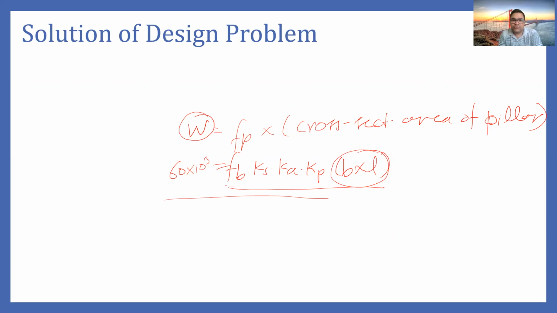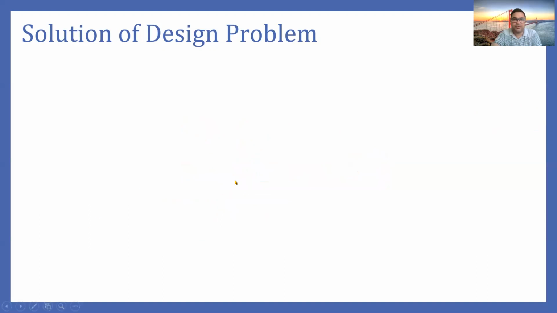But before that, we are also required to find out FB, KS, KA, and KP. Now, the FB value is dependent on the grade of mortar and the crushing strength of the brick. We know that conventional bricks are used, so we will assume that first class conventional bricks are used. And for the pillar, cement mortar is having grade 1:4, which means it belongs to H2. So now we will use table number 8 to find out the value of FB. These things I have written already.